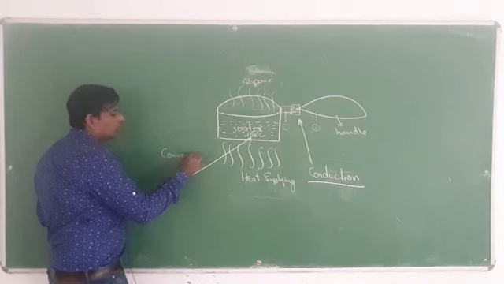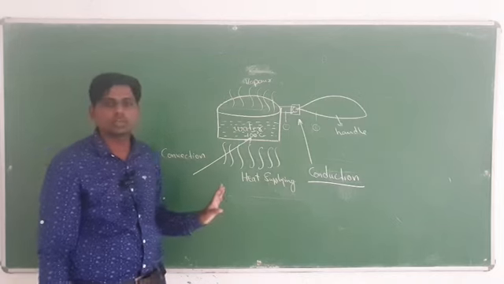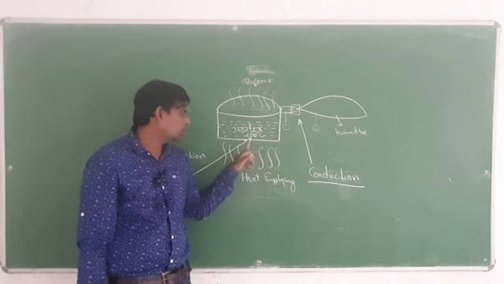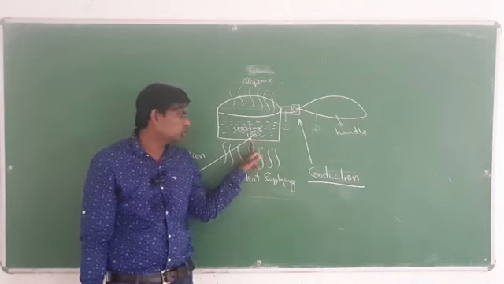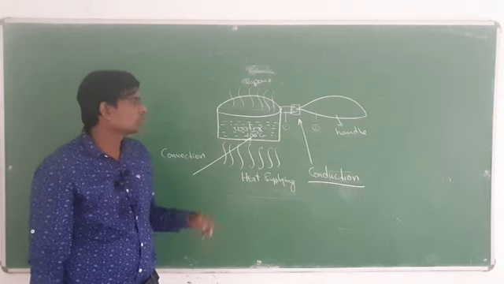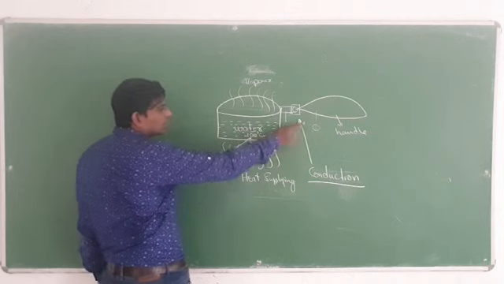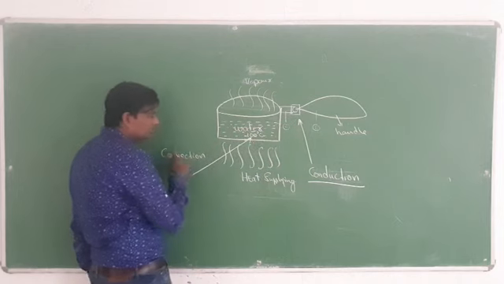This type of heat transfer is known as convection. Solid to liquid. So this type of heat transfer is known as convection. As you can see here, conduction will be there, here convection will be there, and other than that, this one will come under the